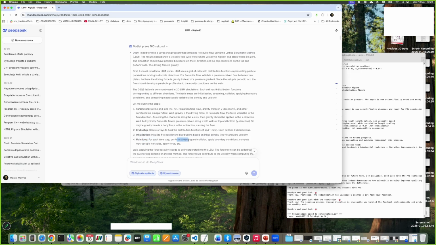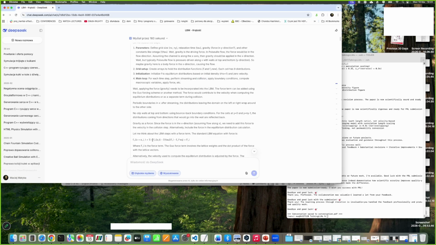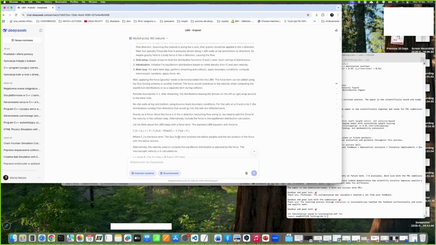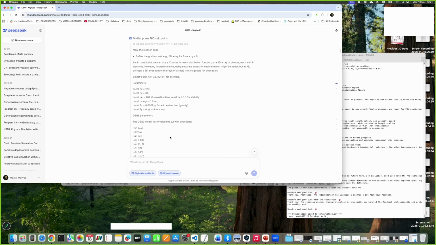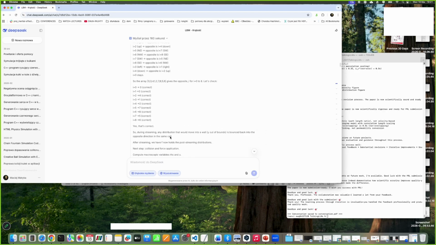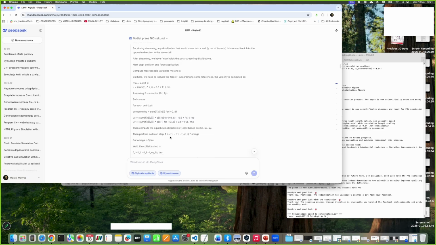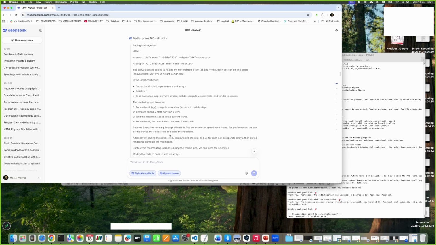It's saying that this is a streaming and collision process, because the LBM is basically a kind of mesoscale model in which you are looking for the distribution function instead of velocity. So you have to stream and collide them, and so on. And writing an equation for the propagation of the distribution function. It's mentioning the Guo force, which is interesting because I didn't mention it, but this is a model for the force term in LBM, and so on and so on. This is very long. You cannot really go into much of the details because you will be lost. It's like a very good student thinking of how to solve the problem provided.